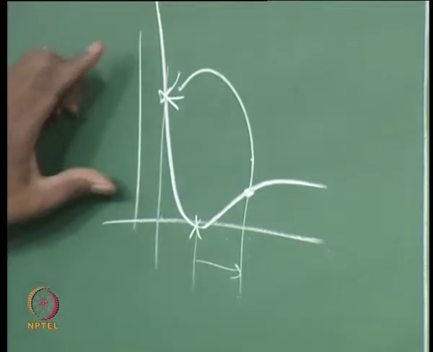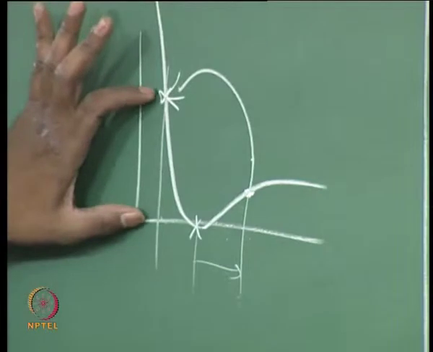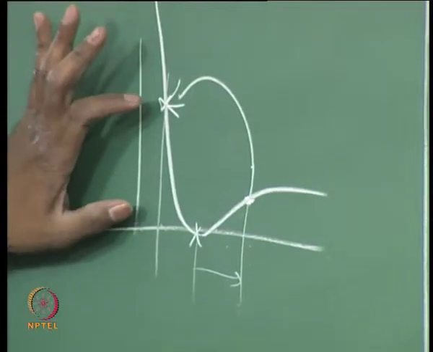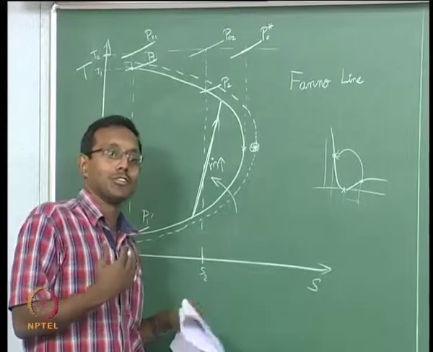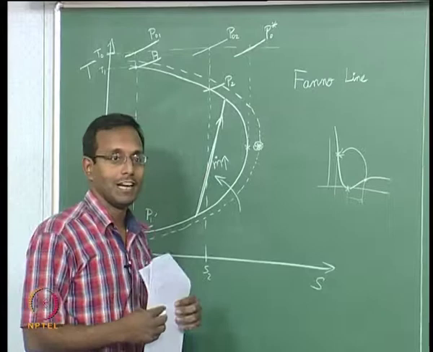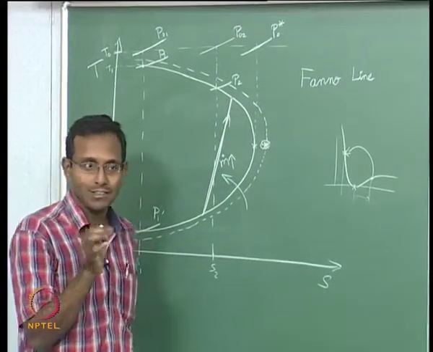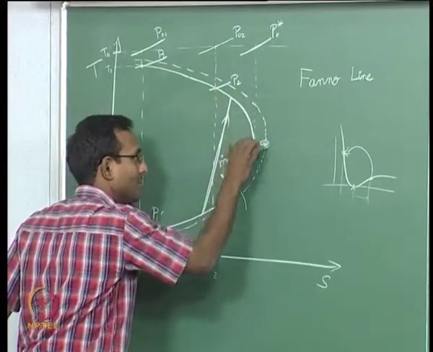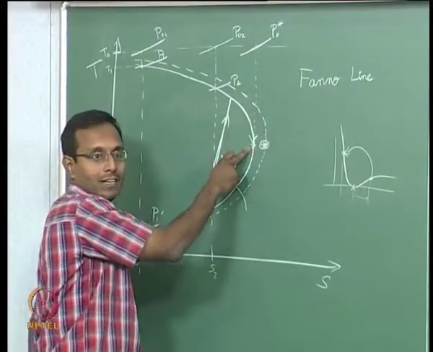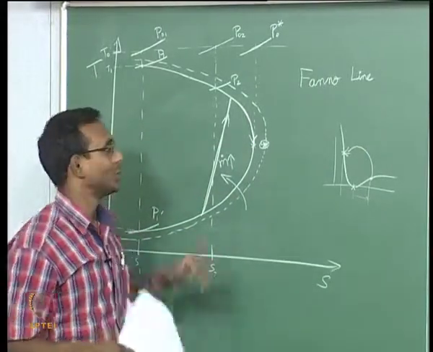What happens? Suddenly my L star, instead of this being the L star, is now here. Now it can afford to have longer pipes, but of course it does not generally want to take a very strong shock and go. It will choose only that much shock strength such that it will go to a point where from here it will reach this point. At the end of the tube it is going to be M equal to 1. It will choose only the bare minimum.